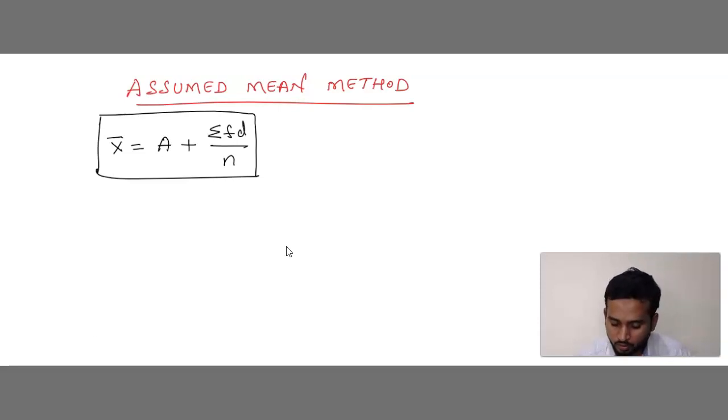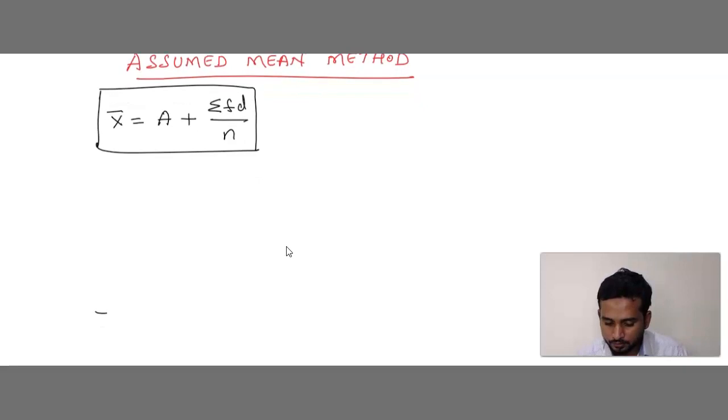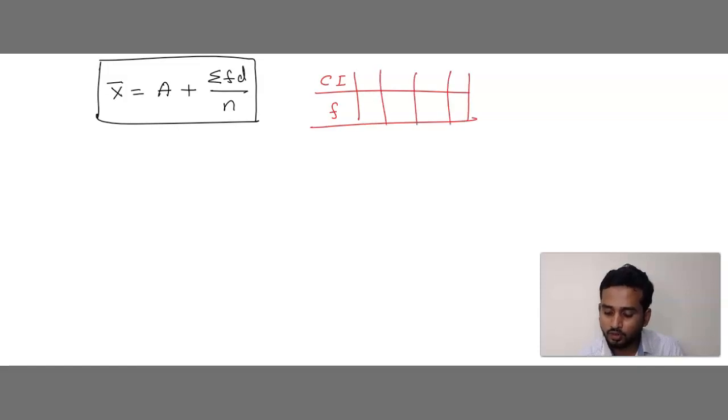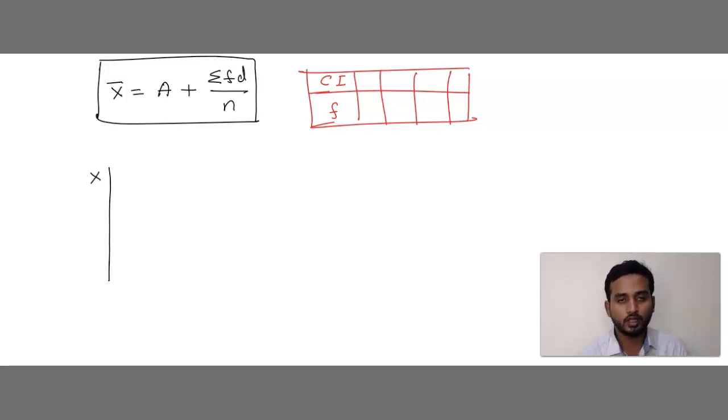Now see here children, what we should do? Very simple. I'll show you. First we have to draw the table. As I said, they will give you class interval values and they will give you frequency values. These are the values they will give in the question paper, correct? This will be the question for us. First write the formula. After writing the formula, first you write the midpoint x. Write all the values of x. Then you write all the values of f.